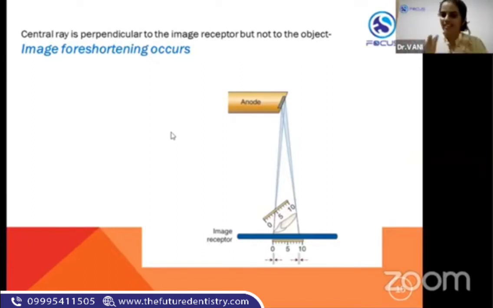Yeah. So these are the reasons why I avoided questions from this section, because mostly what they ask is based on this picture only: image foreshortening and elongation. Those will be the questions that are usually asked. But this area should be very clear. They can ask in either way. So that is the reason why I avoided putting questions. For your next test, I can include questions. You can go through these slides.